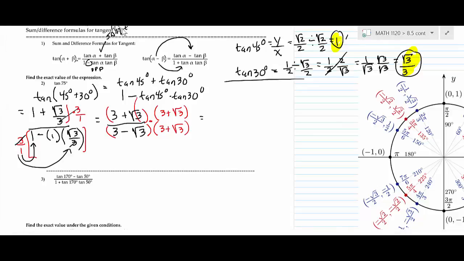Okay, so if I do this, the first term, I'm going to do 3 times 3, so that's going to be 9. I'm going to do the outside term, so that is 3 root 3. You can't put those together because one's in a radical, one's out of a radical, so it's just 3 radical 3. Sometimes students haven't done that in a long time, so they forget that. The inside term is the same thing. It's a positive times a positive, so it's positive 3 root 3 like that. Okay? Then when you go to the last term,